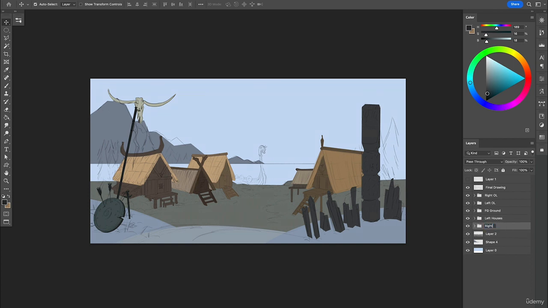So what I'm also doing here is once I've got everything grouped, I'm going to separate them out into these three distinct sections. This is a very good and very common practice as well. I'm going to make one large group for the foreground, the midground and the background, and then within each of those folders or subfolders